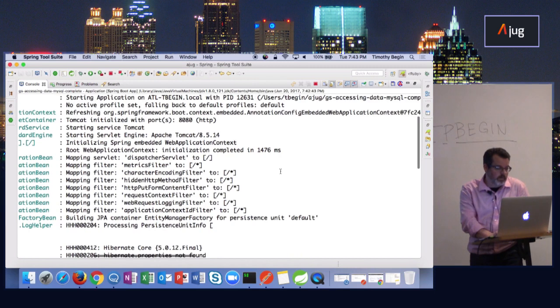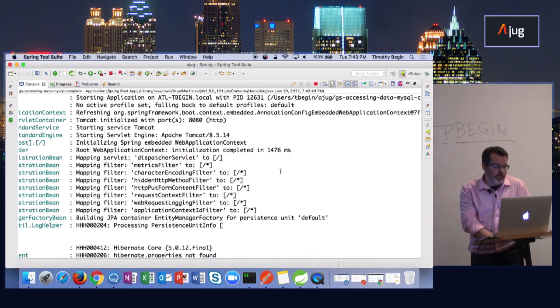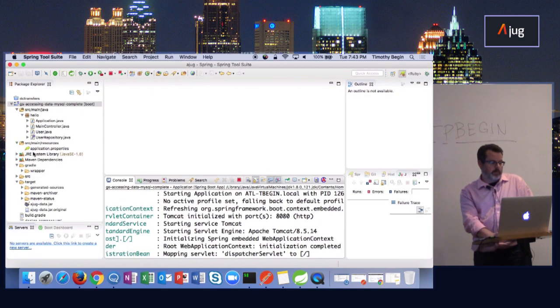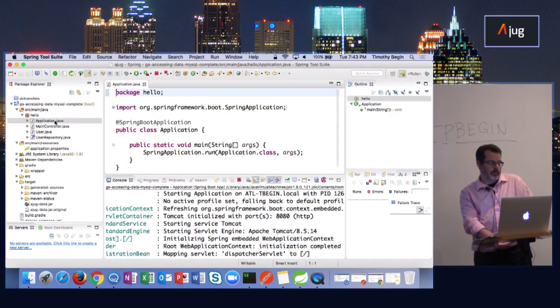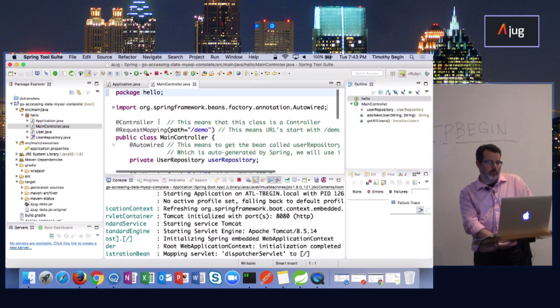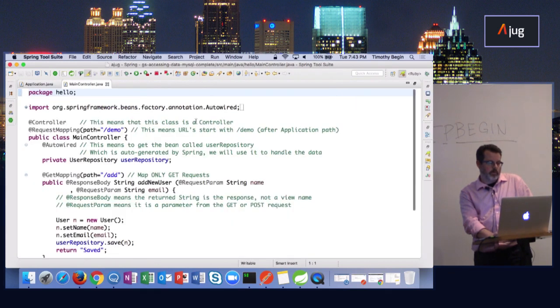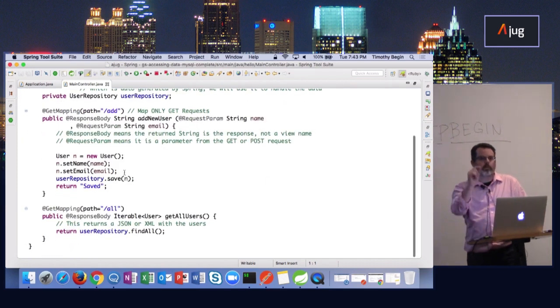Okay, so basically what this has done is it's taken this application represented here in this class. So I've got a Spring Boot application. It has a main controller. I'm not going to read all of the description in here, but essentially what it's going to do is it's saying I'm going to request my path mapping, and it's going to use a JPA repo.